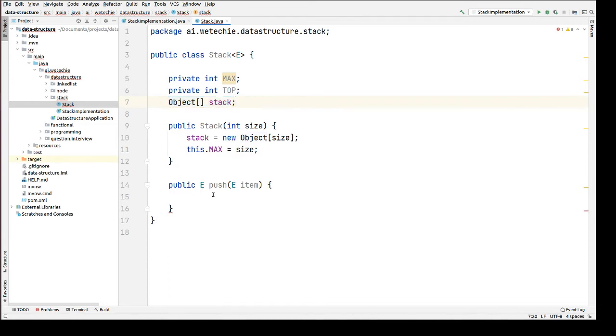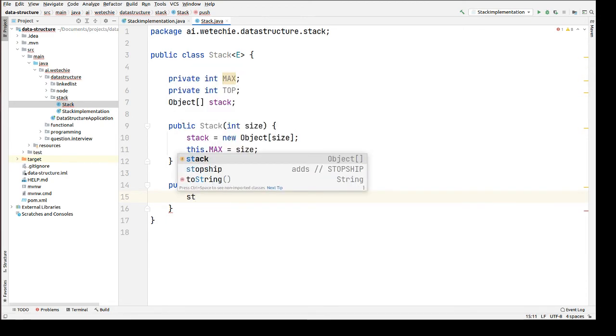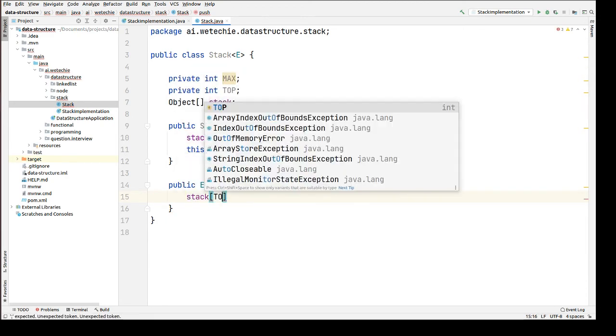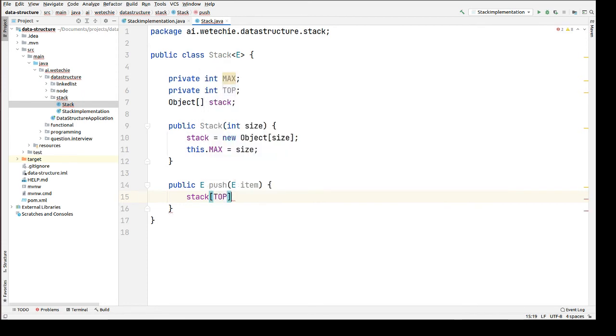Now the next thing is our stack array is created. While pushing an item into the stack, we have to use stack and then top, right? You're already aware that in an array we add elements from the zeroth index.